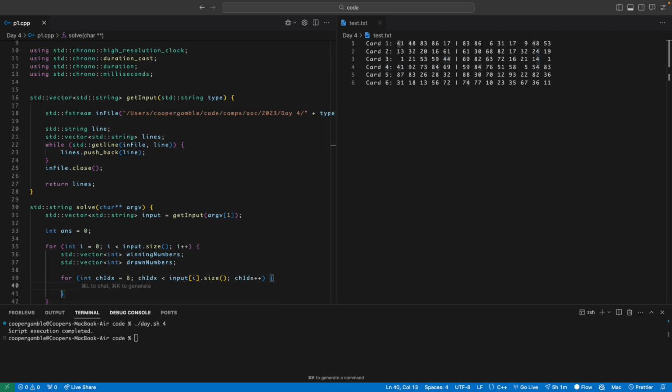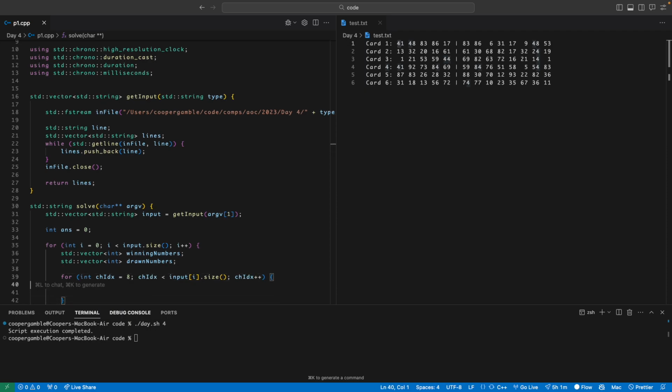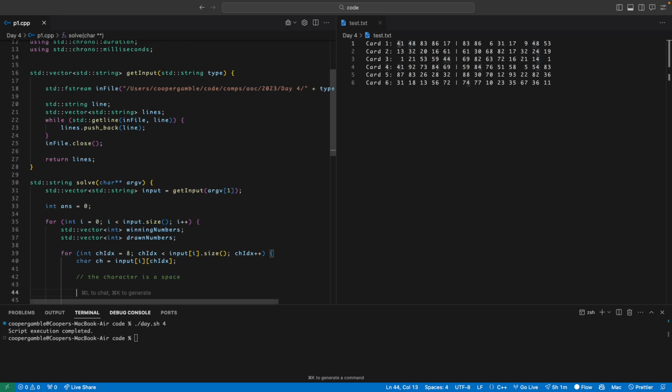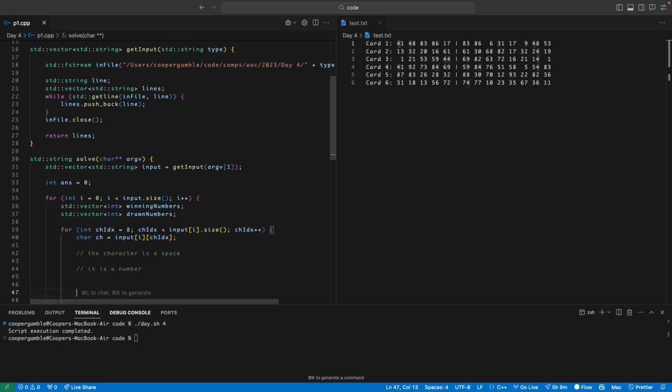We'll say, so there's a couple of cases that can happen. And just so I type less things, I'll just define a character variable to store the current character. So the first case is the character is a space, right? The next case would be that it is a number. And then the final case would be that it is a vertical bar. Okay, great. So if it's a space,